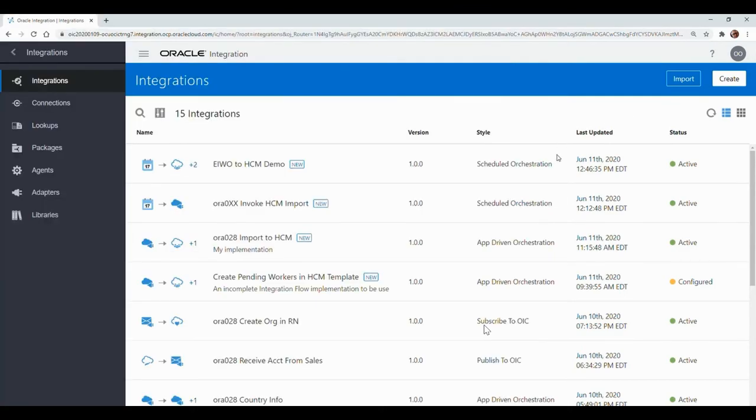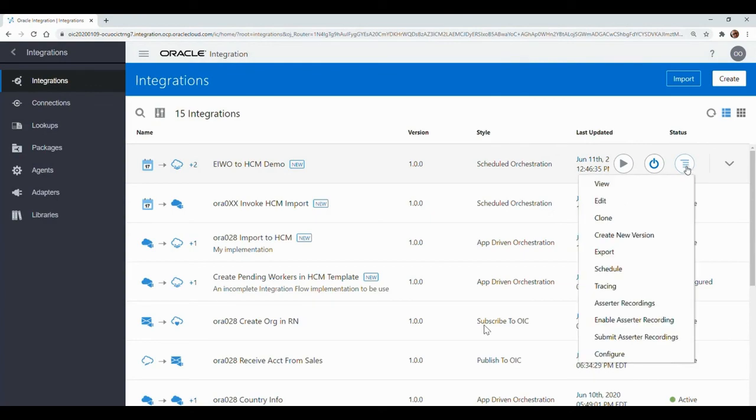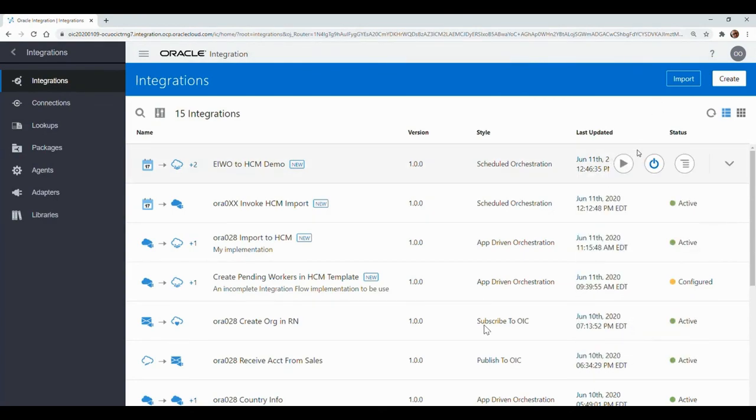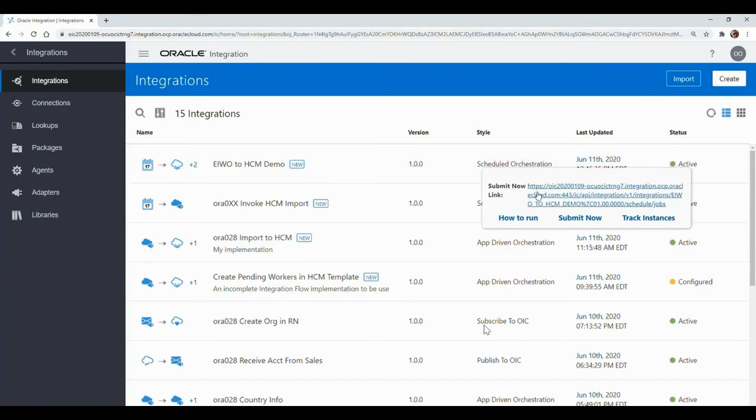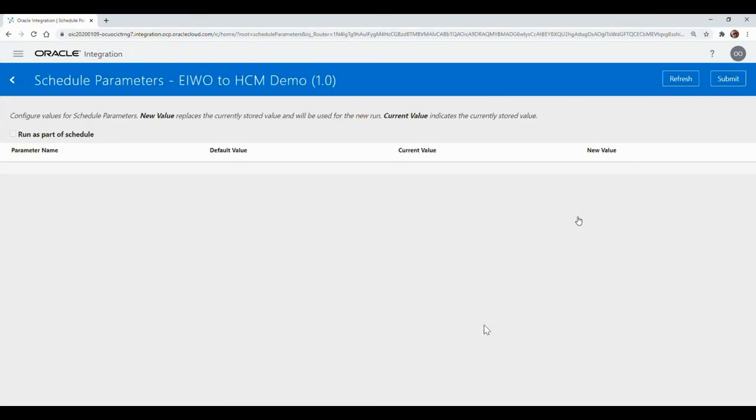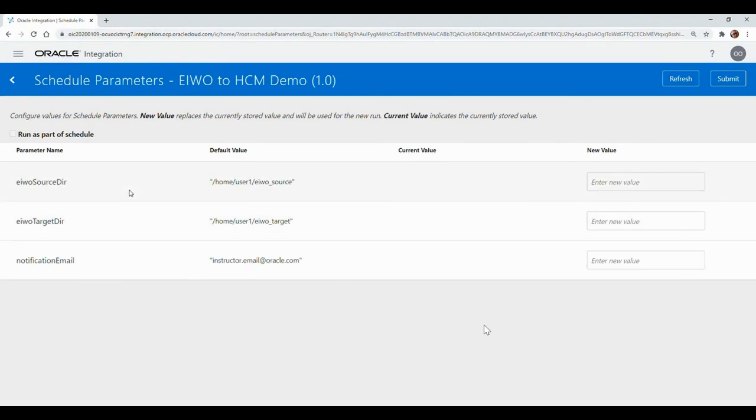Let's go ahead and do the submit. Remember, the submit is no longer in the Action menu. It's over here on the run, and that's where the Submit Now link is. I click on that. It brings up the three values. I can see what those current values are. I like the first two, but I don't like the third one. So actually, I'm going to put in my email address so that